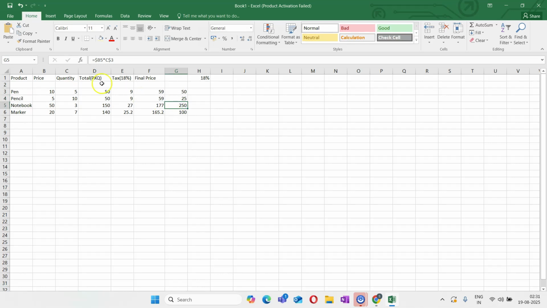In the next one, what do you see? First, again, since B was fixed, so B remained as it is, but 5 changed. So if you see here, it is 50 and then it multiplies by, again, same value, C3, because it is same, right? Similarly, you go on and you check the other one, which is 20 multiplied by 5. So if you can guess it, this is how. I'll show you a very good example of using